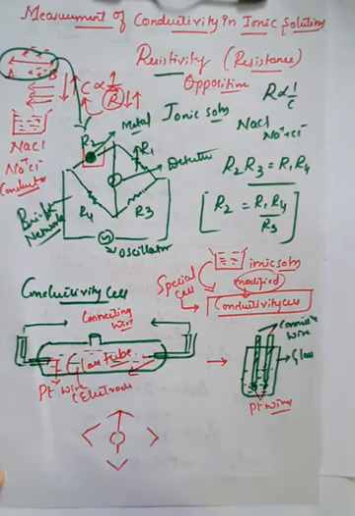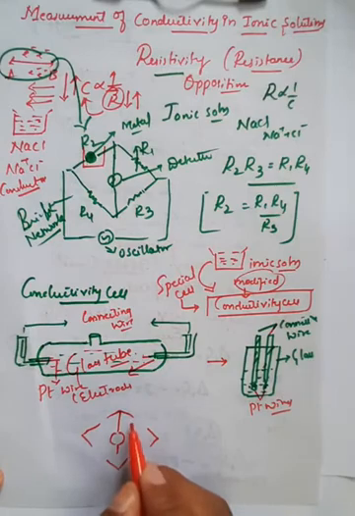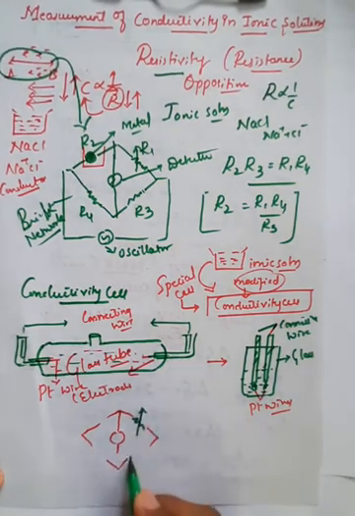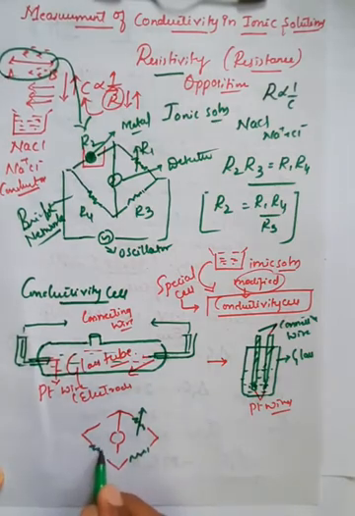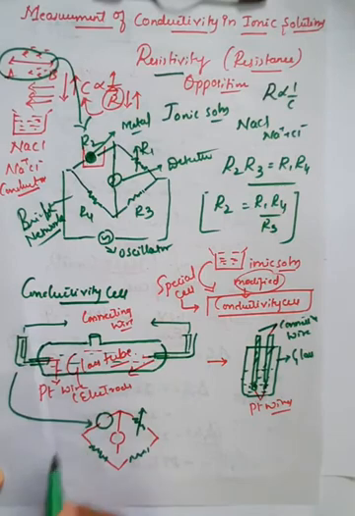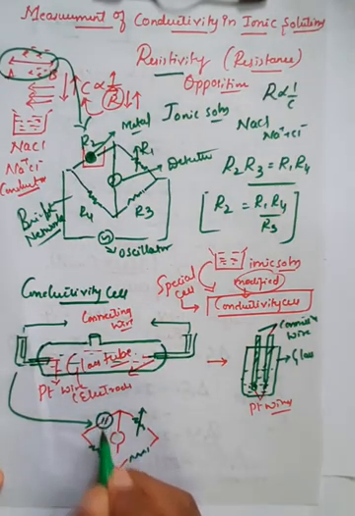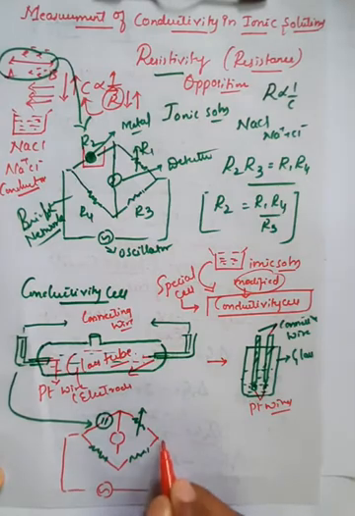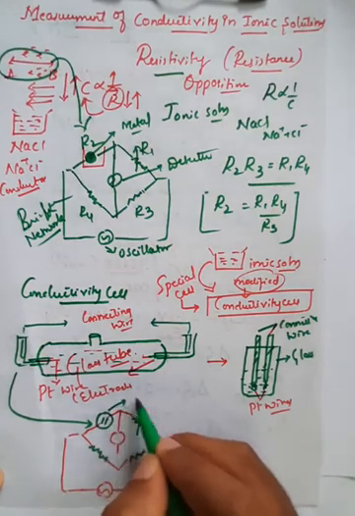Right, so this is the design of the Wheatstone bridge. This is the variable resistance, and this is the modified conductivity cell. I will fix it here, right? So this is modified, and further it is connected to the oscillator for the input of electrical current, right? So this is generally called a conductivity cell.